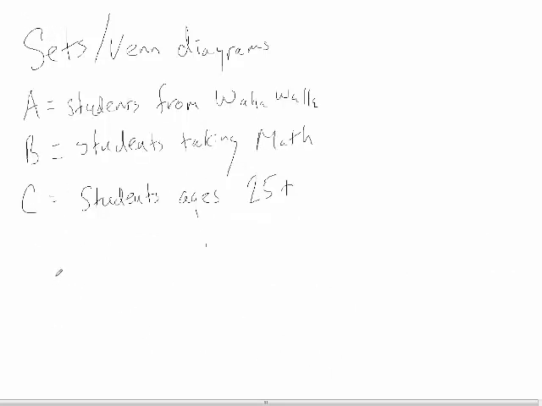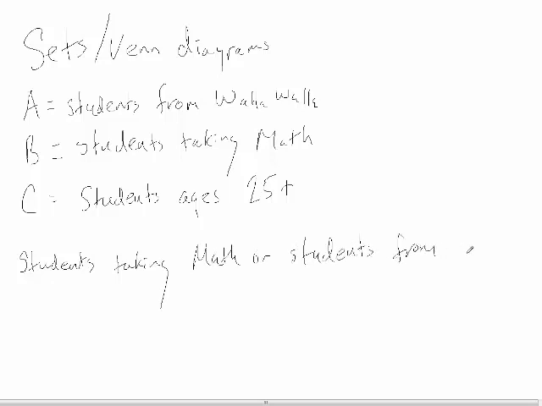Say, okay, I want students taking math or students from Walla Walla. Take these words and write it as an expression using sets. So this would be, I want students who are taking math, or, which is union, students from Walla Walla,